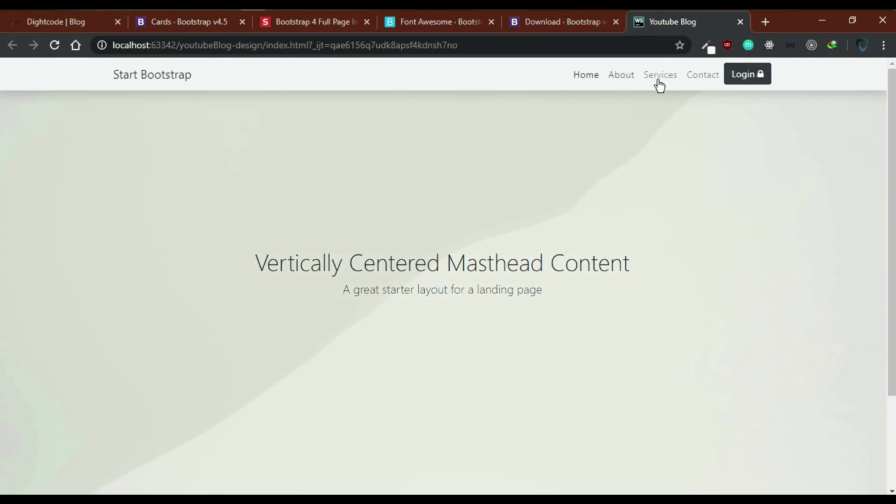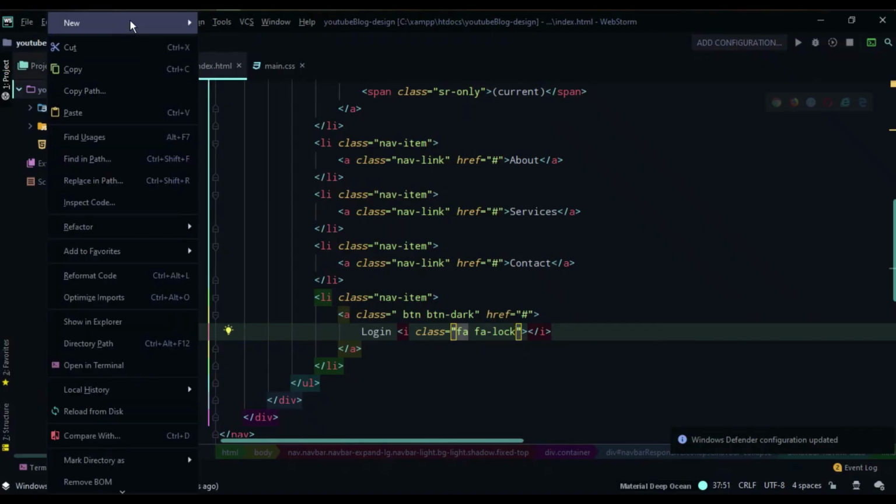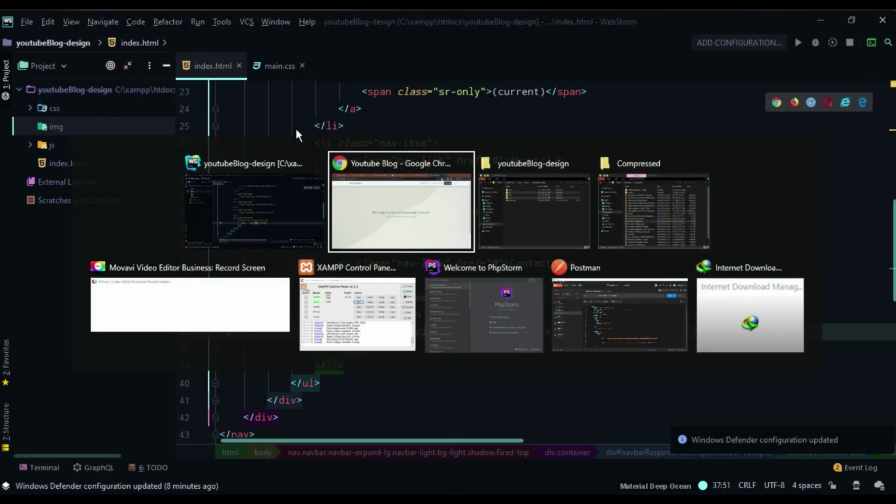Then we can change our navigation links to whatever we want. Now we can also bring in our logo by simply creating an img directory here. Let me quickly